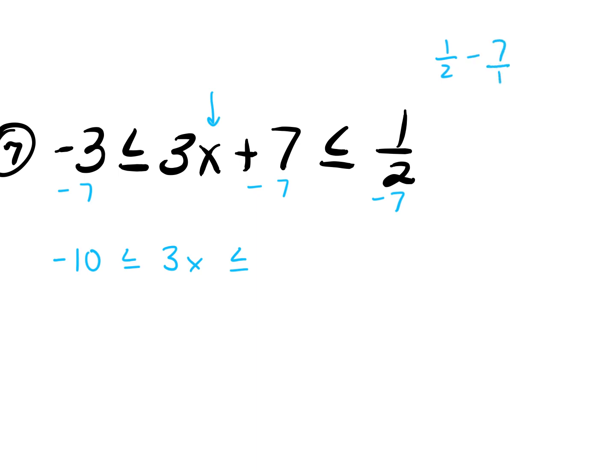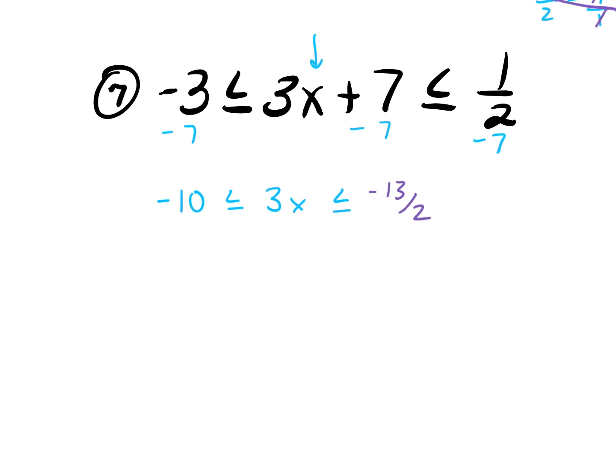If we're going to subtract a fraction and a whole number, we need a common denominator. So I'm going to make it 7 over 1, and then change it to be 14 over 2. 1 minus 14 here would be negative 13 over 2. Lastly, we're going to divide by 3. So we would just leave this as negative 10 over 3 is less than or equal to x,